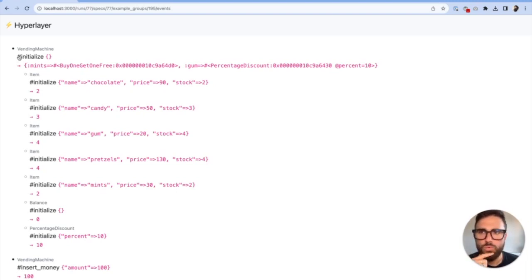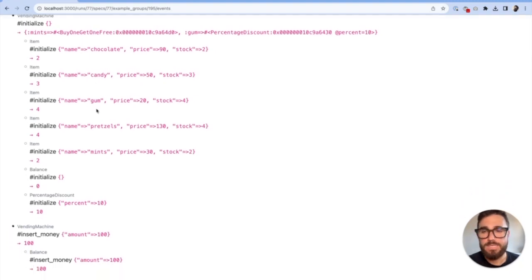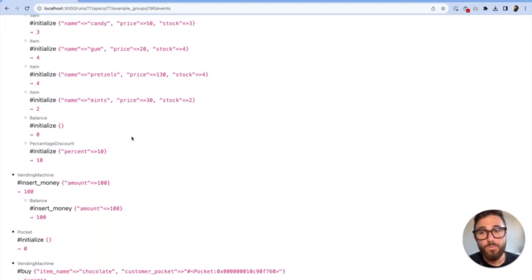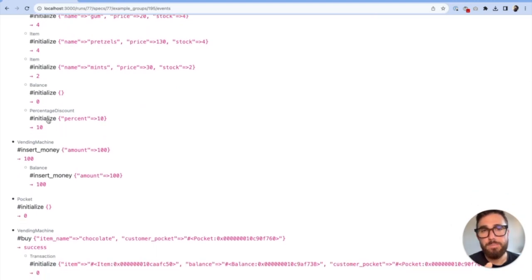So vending machine initialize is called. It calls item initialize with these arguments. So chocolate, the price of 90 pence, stock of 2. And then we do the same for candy, gum, pretzels, mints. And then we initialize the balance. And then we initialize a percentage discount class with, you can see here, a 10%